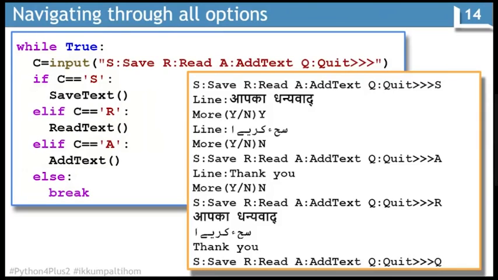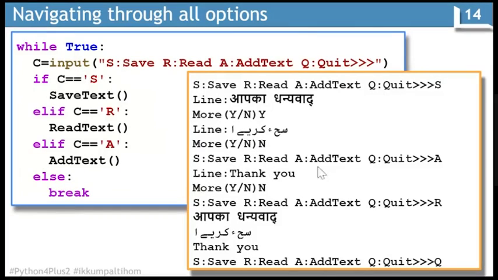Now, this is the main code from where all these 3 functions will be called. You can notice that if we enter the option as S, we call the very first function in which the user is allowed to type in any language. So in Hindi, we are typing Aapka Dhanyavad, and after that we are typing Y, and in Arabic, we are writing shukriya, and then it is shukran basically. So if we write no here, 2 lines have been added in the file